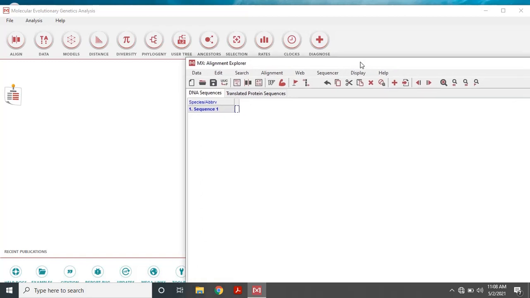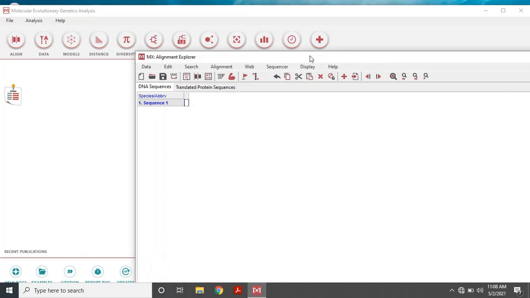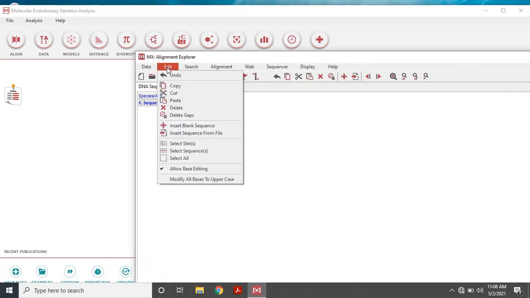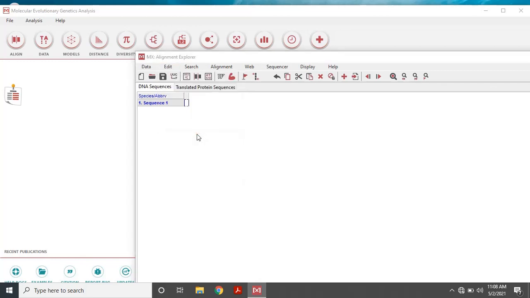For this, you have to go to the option edit in the new window, then select the option insert sequence from file, because I have already saved the file on the desktop. So I will use this option, insert sequence from file. After clicking this option,